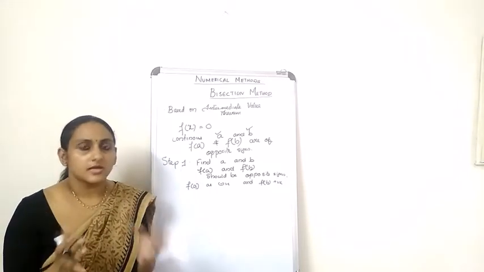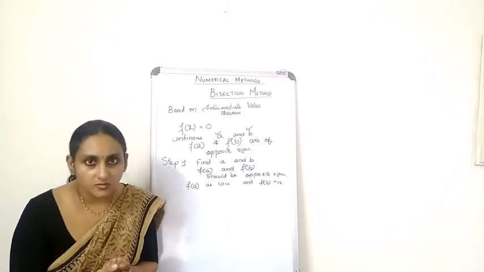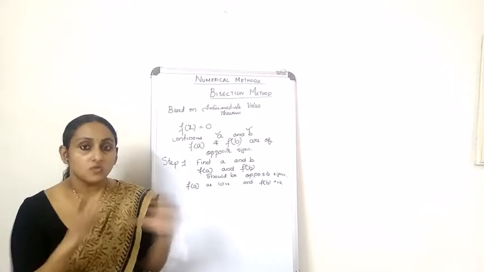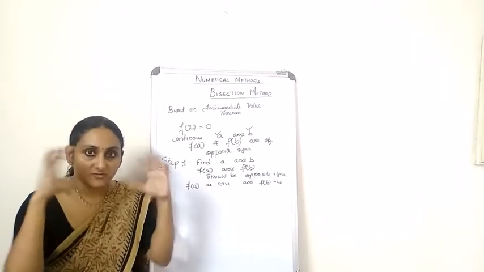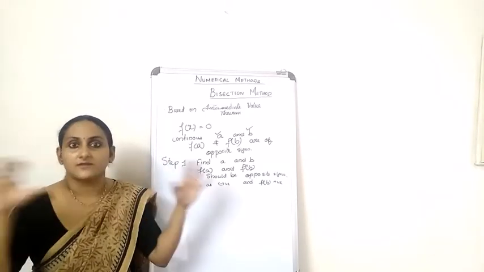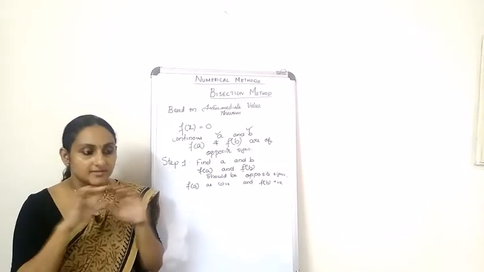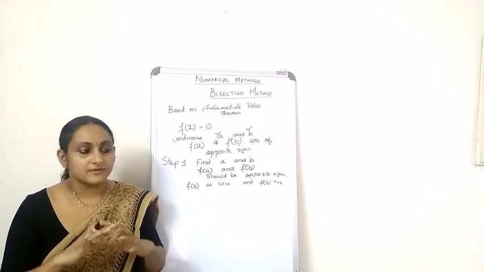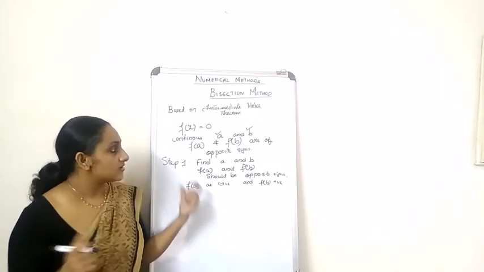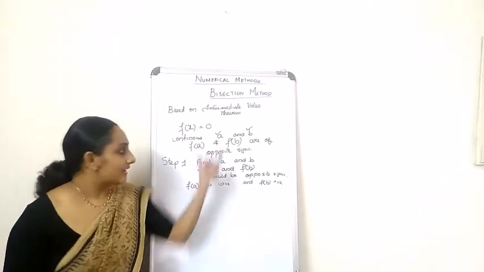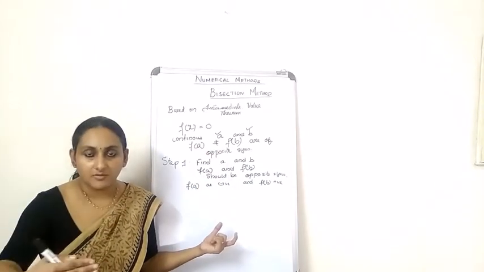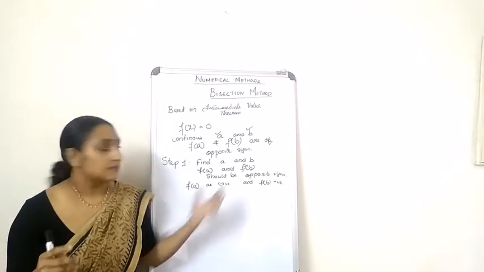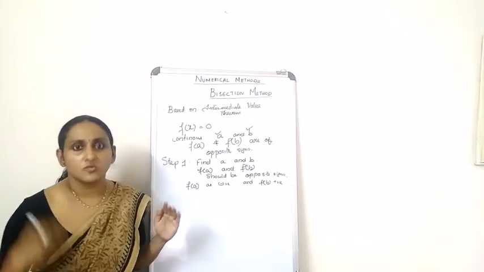When I say root, it's not necessary that you get the exact root. You can find an approximate root. Sometimes you can find an approximate root, or sometimes you can find an exact root. This confusion will be rectified, and you will become more interested when you go through a problem. We will apply all these steps in the problem and you will understand it better. But before that, I am going to write down some steps and you just go through them.